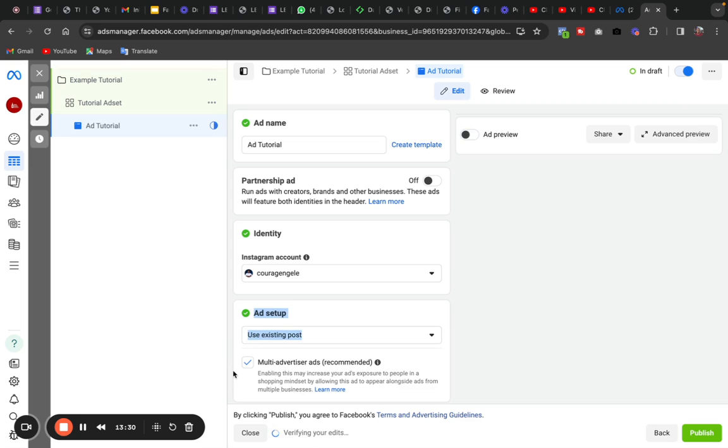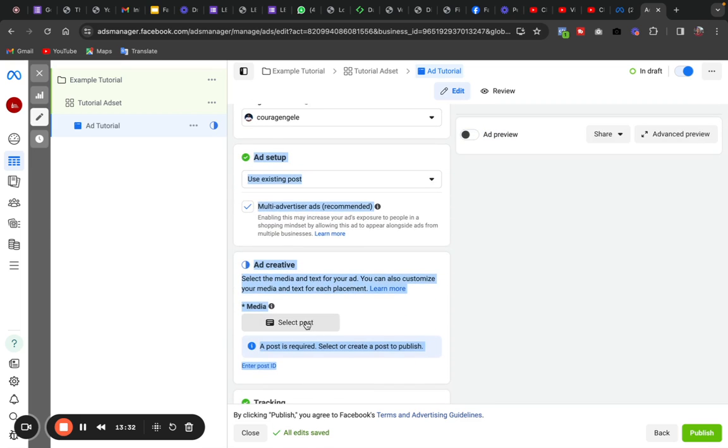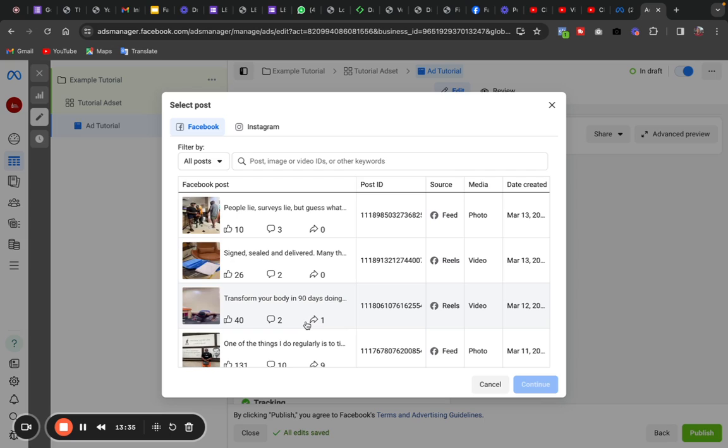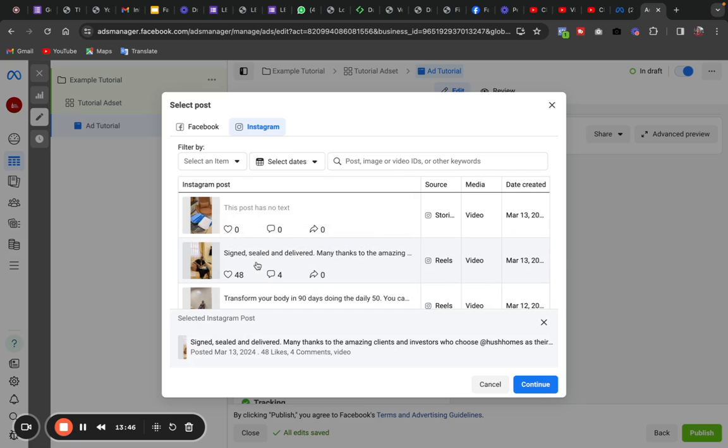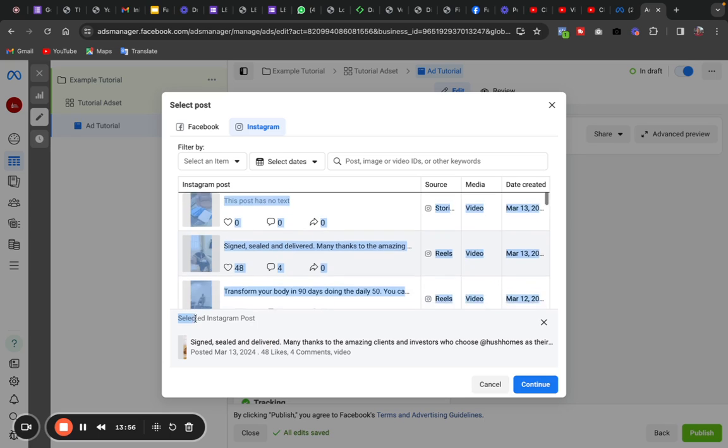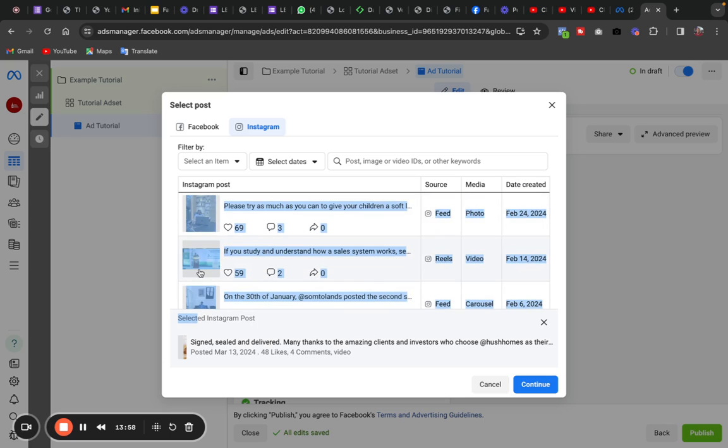Okay? You click on use existing posts. Then you come here, you select post. From your Instagram, you select a post. You can select this one as an example. Remember, this is an example we are doing here. This is not the final work. We are just making examples. Once you select it, you click on continue,